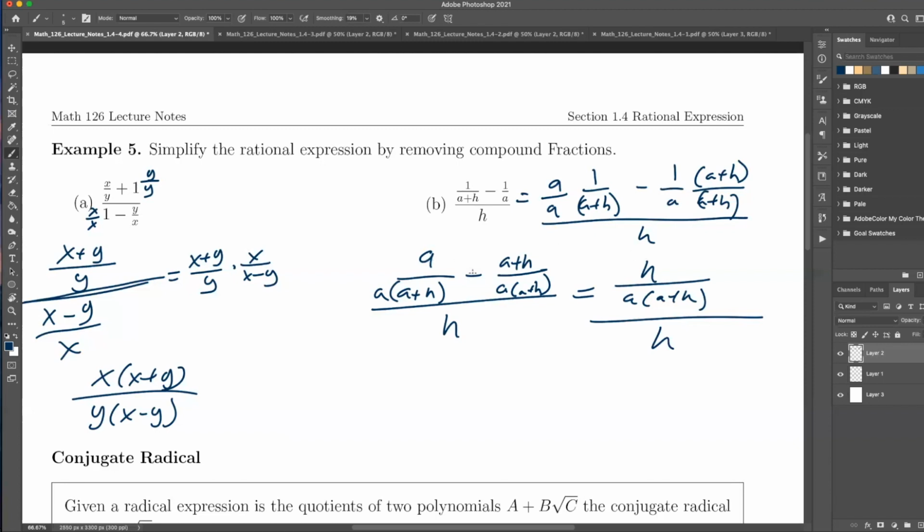Oops. This is negative. This negative needs to be chucked into here. That's why I usually write it not as this, but as this. I usually distribute through the negative, and so I put a plus a, minus a, or minus h. That way I know to keep the negative. All right, so here,